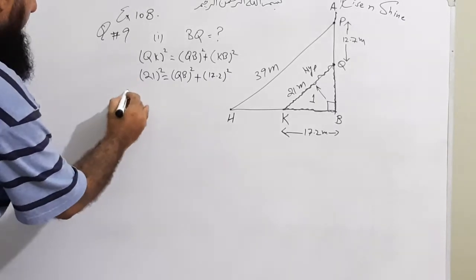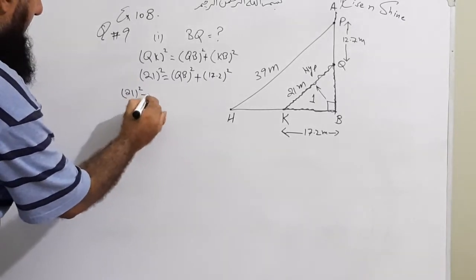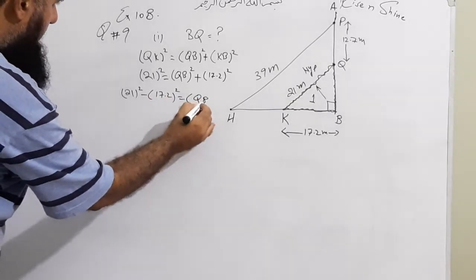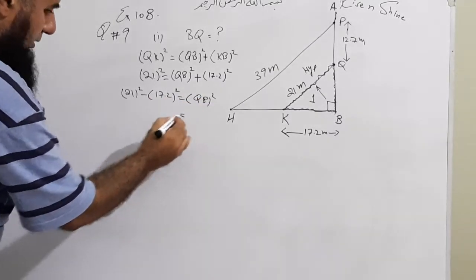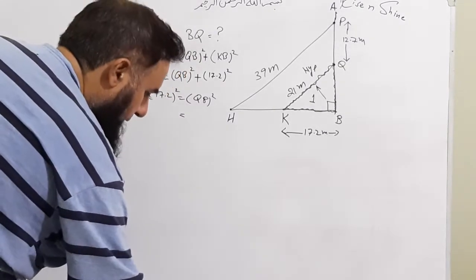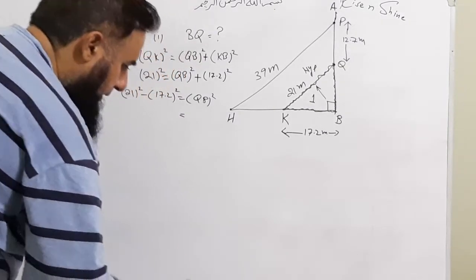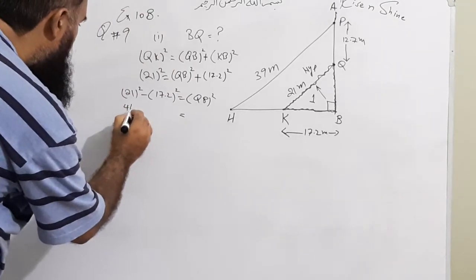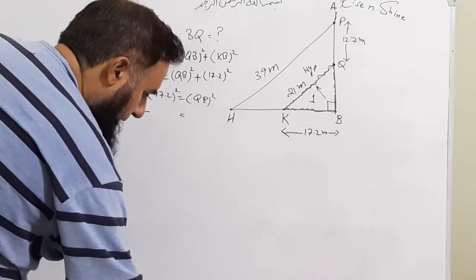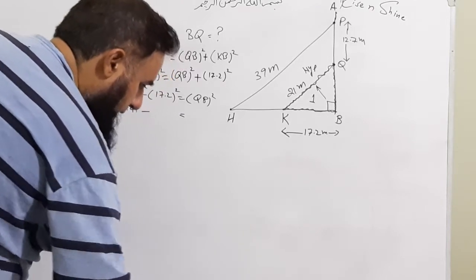So it will be like this: 21 square minus 17.2 square is equal to QB square. We'll be finding out the values using the calculator. 21 square is equal to 441 minus 17.2 square,